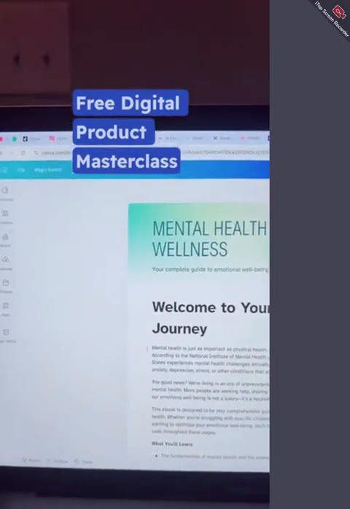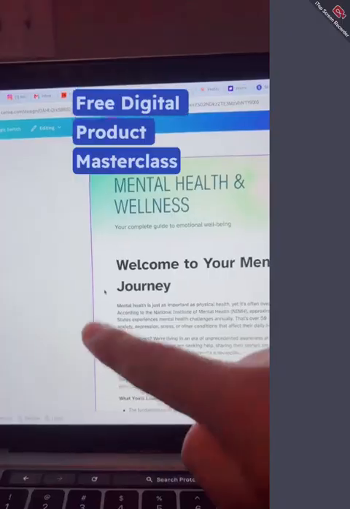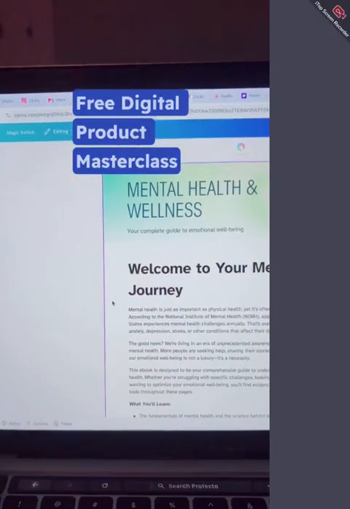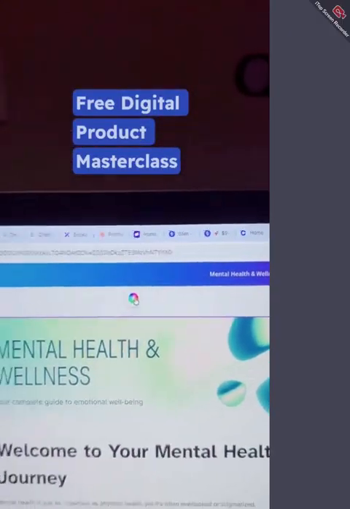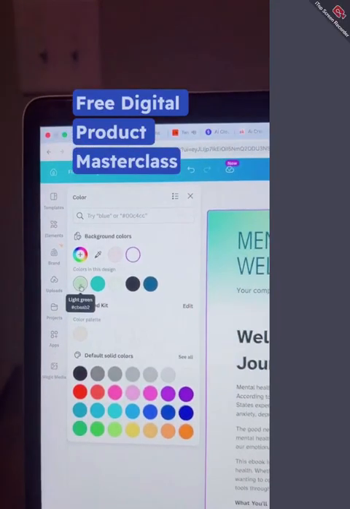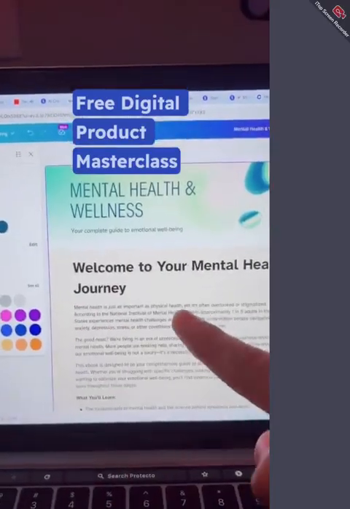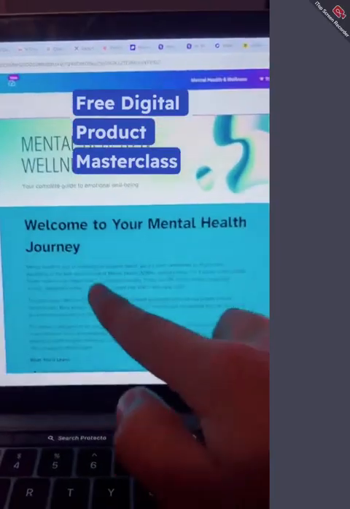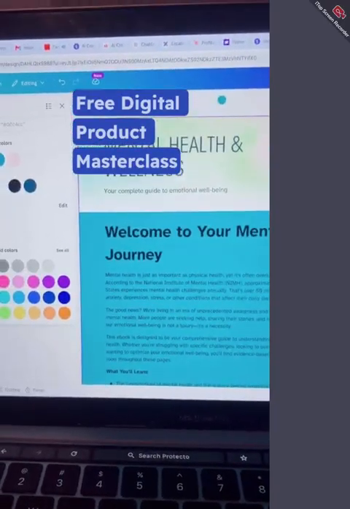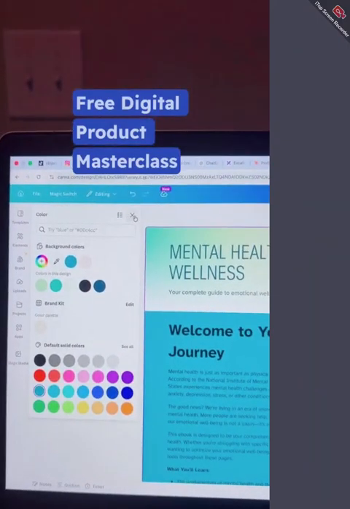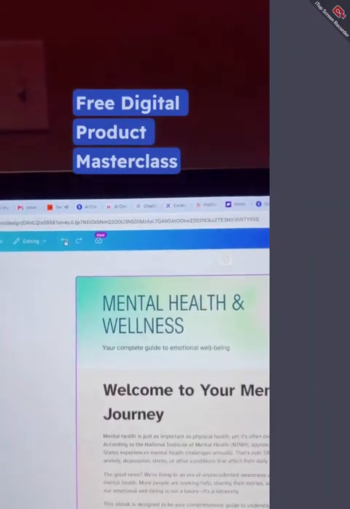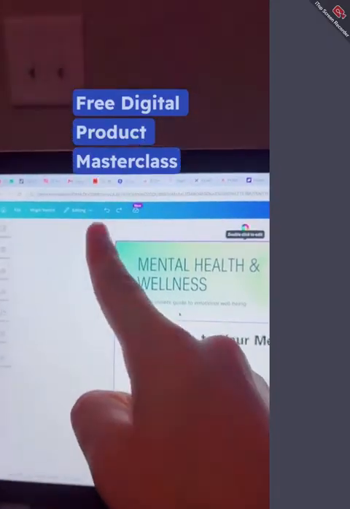Now, let's say you wanted to change the color of the screen right here, like this white part. You click on the white part right here, you go to your color, and you can change the color. Let's say you wanted it green, right? Like mint, you could change it green. You could change it beige, okay? You can change it blue if you want, right? How did you get the book in Canva? I'm gonna show you, Marie, I'll show you again, okay? But if you wanna go to the color, click back and go to the regular, just click the back button,